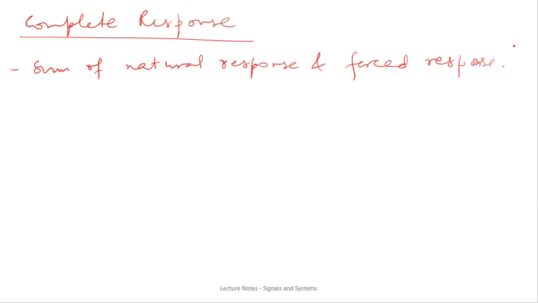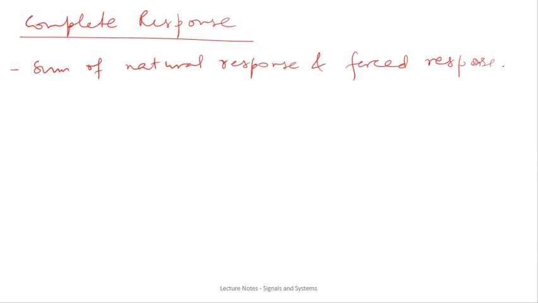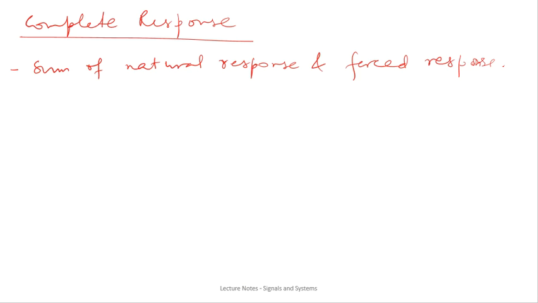We have already written down a 3-step procedure for calculating the forced response, that is here. So you can just repeat this 3-step procedure for finding the complete response. But what will be the change? The change will be that you have to take the actual initial conditions which are given in the problem, instead of assuming the zero initial condition as given in the 3rd step. Now we can very easily get the complete response of the system.